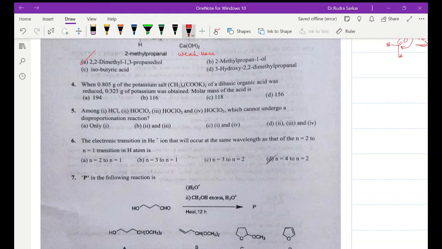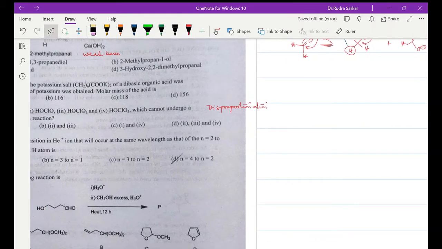So we will say as a theory that disproportionation does not happen when elements